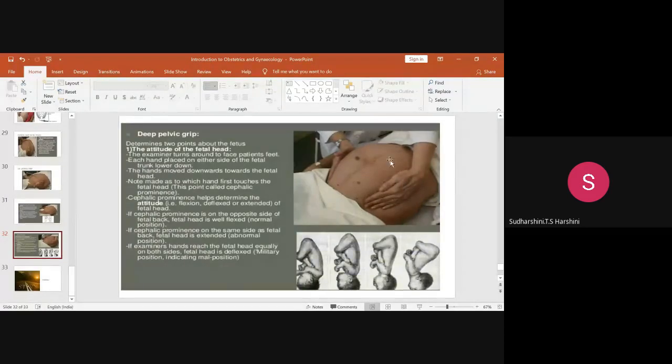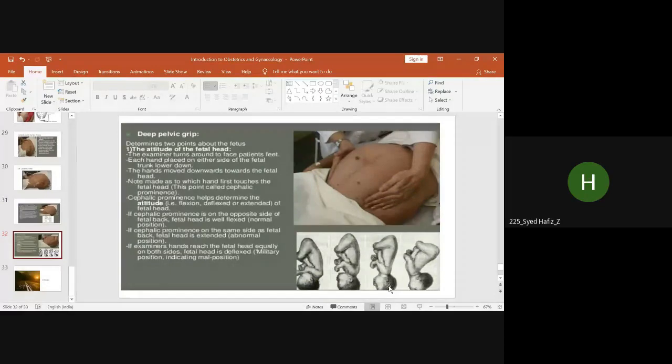You know that, when the uterus contracts, see, this is a completely flexed head. This has extended slightly. This has partial extension. This is a completely extended head. In these first three pictures, the head can flex in response to good uterine contractions. So this one you're not going to allow for a normal delivery. These three you can allow.